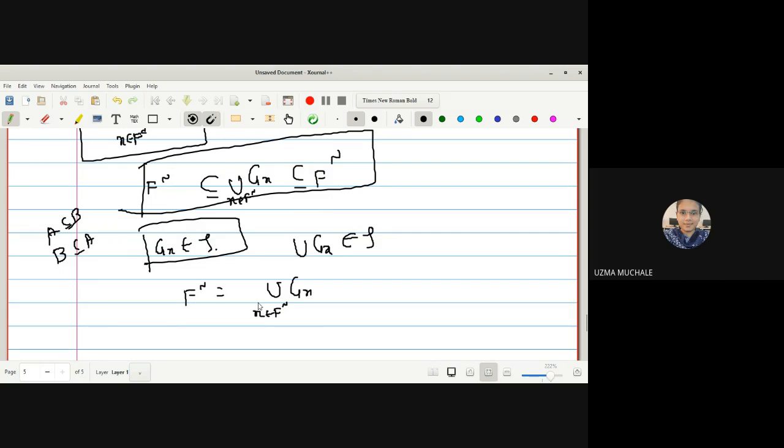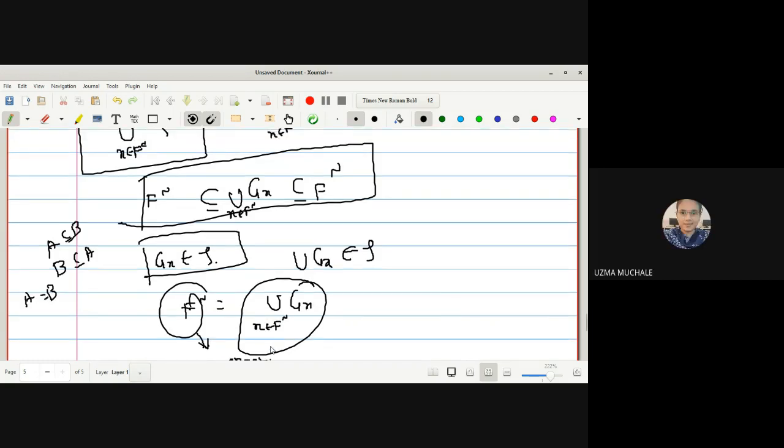And hence I can write F complement. They are equal. That means I can write A equals B. So what is this union? Because if G is an open set, the arbitrary union of open sets is an open set, and hence I can write this union is an open set. If this is an open set, I can say F complement is also an open set. Is it okay? Yes, ma'am.